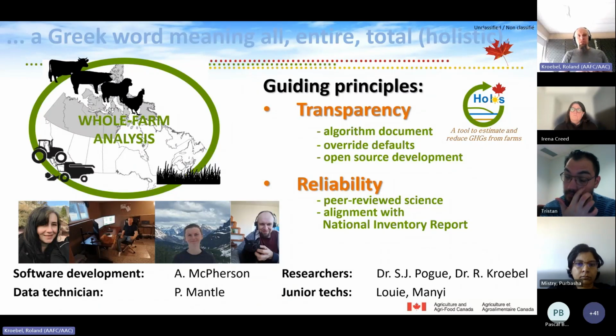Aaron McPherson, our software developer, he is doing all the coding, and if you play around with the model, basically it's been coming out of his hands, and with the help of several co-op students. Dr. Sarah Polk, some of you have met her already online. She is our model developer, so she does a lot of testing as well, and then development in the algorithm document. And me as the lead, I'm basically doing a lot of talks, informing people about the model, striking up collaborations, and trying to inform development needs and data collection needs, and make sure that the team has the money